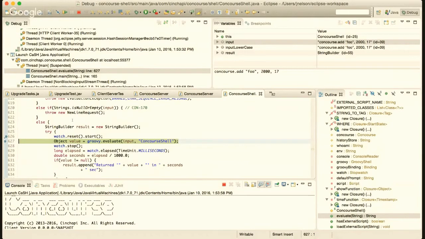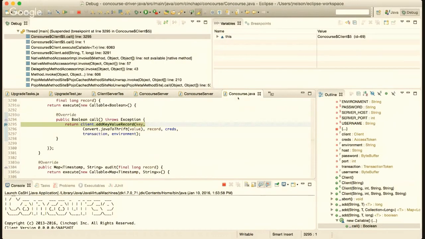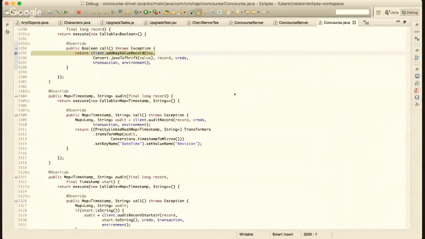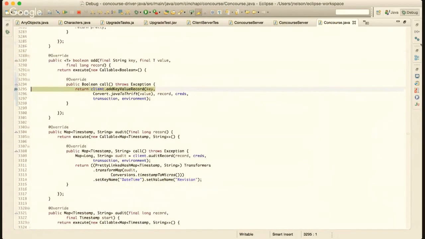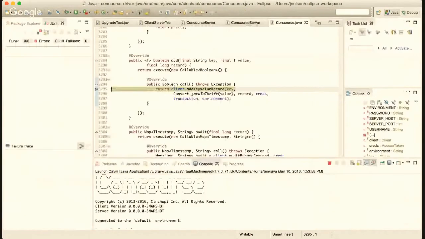I'm going to press play, and what's going to happen is that the Concourse Java driver is going to come up, and then we're going to inspect that. We're going to start our inspection there. So I'm going to press play. And you'll notice that this concourse.java came up. Concourse.java is in the Concourse driver Java project. And if I look at the class hierarchy,